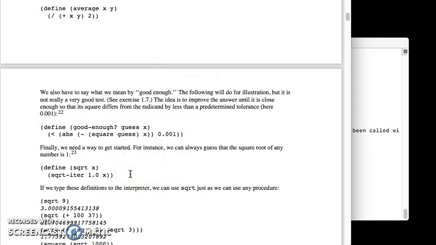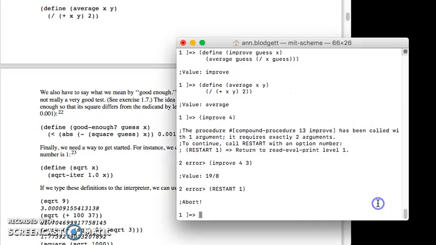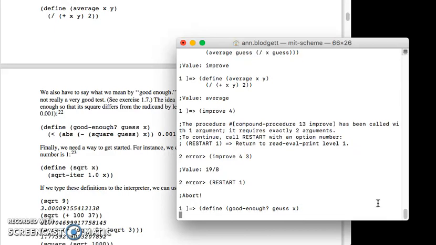We also have to say what we mean by good enough. The following will do for illustration, but it is not really a very good test. See exercise 1.7. The idea is to improve the answer until it is close enough so that the square differs from the radicand by less than a predetermined tolerance, here 0.001. So define good-enough? of guess and x to be the square